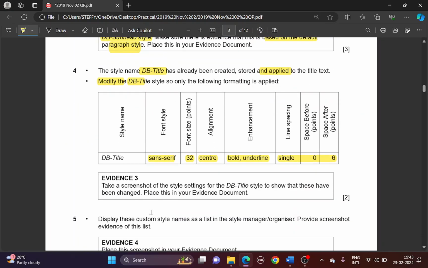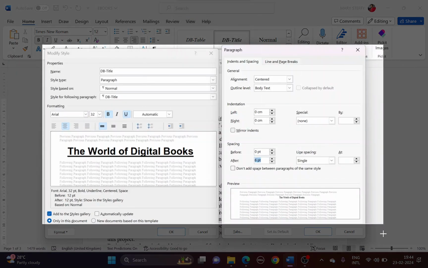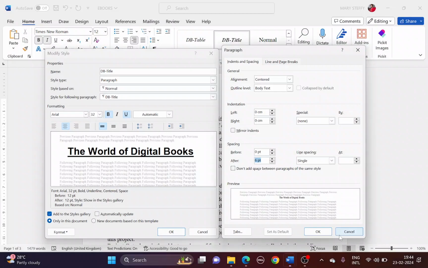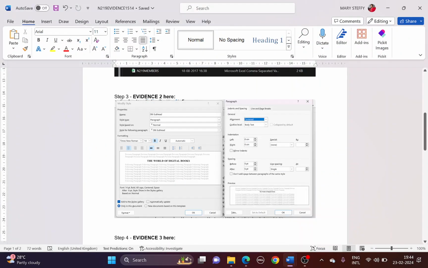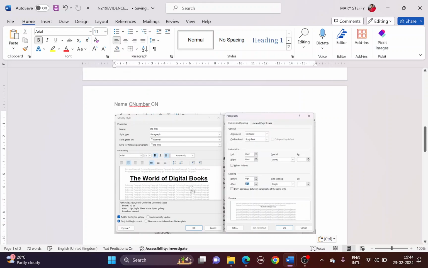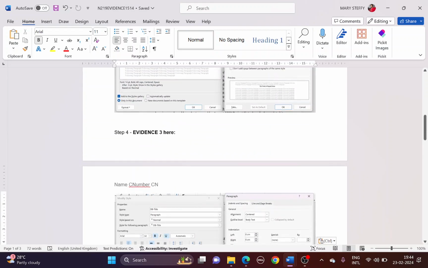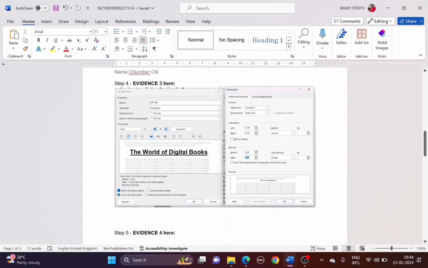You're supposed to give a screenshot of this title style. So take a screenshot of this. Okay. And click OK on both the windows. Open your evidence and paste this under evidence 3. Okay. Now, next,